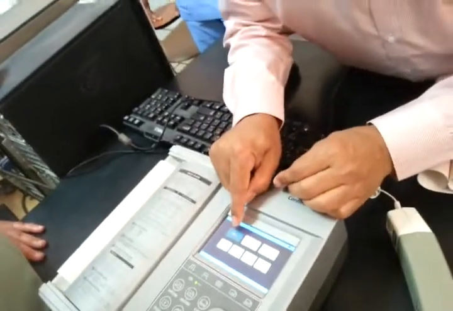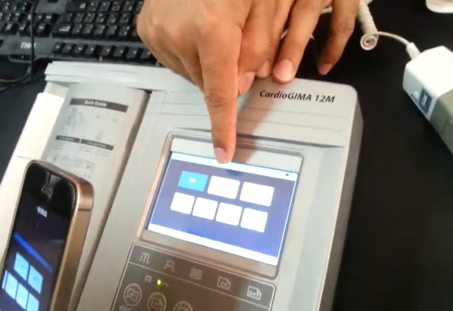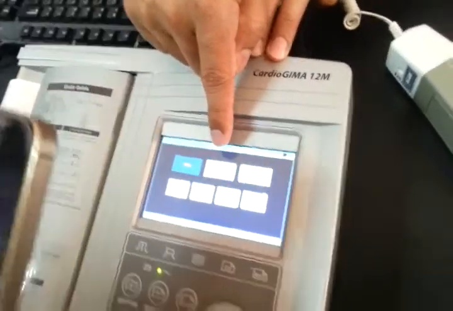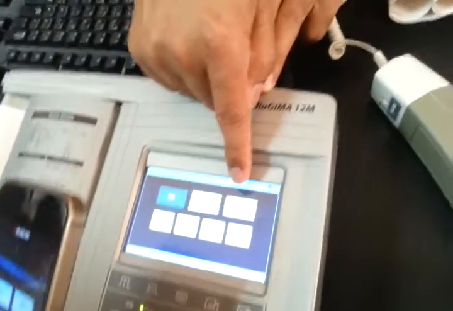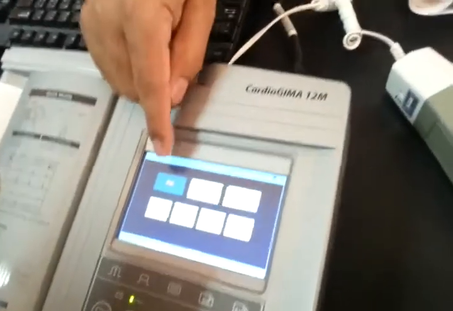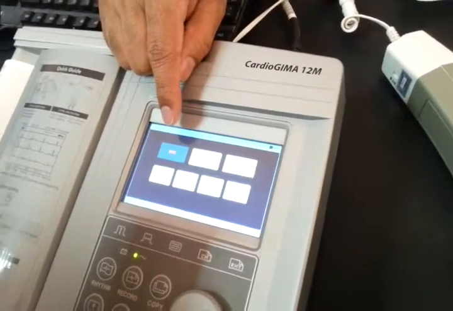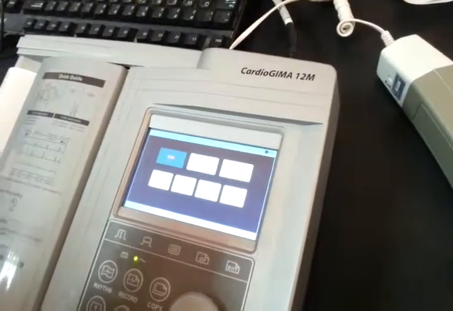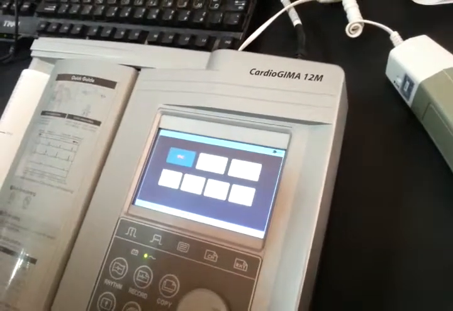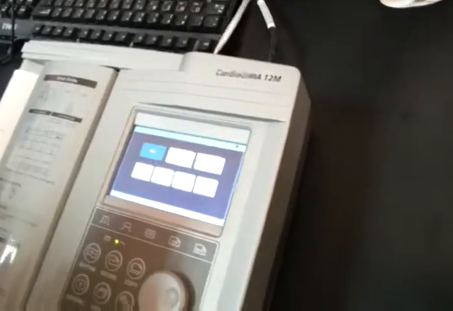So here you can see FVC, that is the forced vital capacity. It is written here. There are icons, and there is SVC, that is slow vital capacity. There is MVV, maximum ventilatory volume. So you can do three things over here. Now, how do you do forced vital capacity? What is vital capacity? Like I have told you, maximum forceful inspiration followed by maximum forceful expiration. This is FVC.